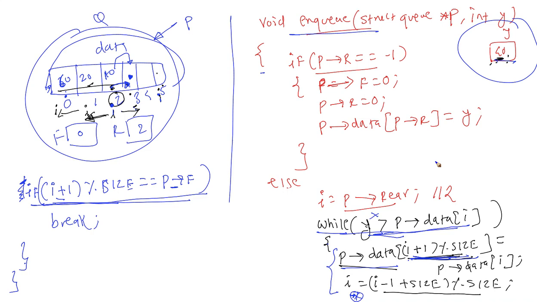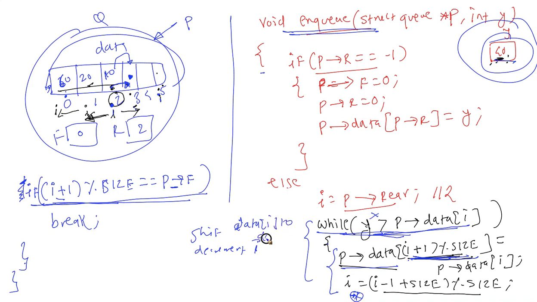So we have seen all the operations, not circular queue, priority queue, NQ operations in priority queue. This loop will be used to shift the elements from data of I to data of I plus 1, right, as long as the priority of the ith element is less than the priority of y. So what am I doing? Shift, decrement I: shift data of I to data of I plus 1 and decrement I, and repeat this, that's why this while,